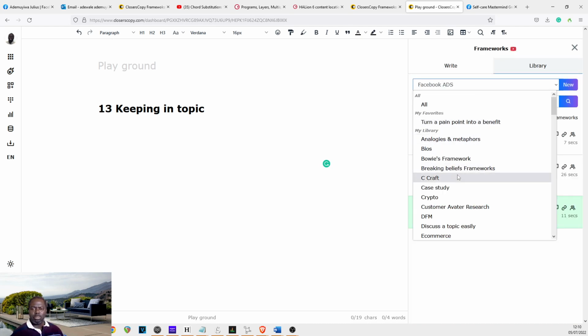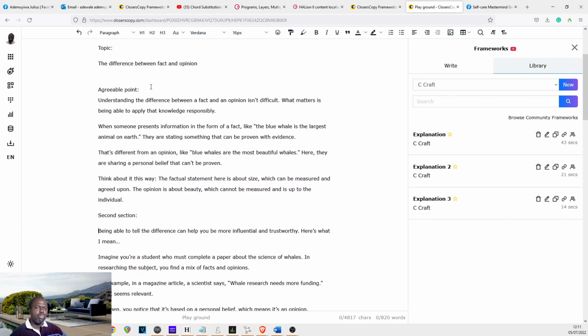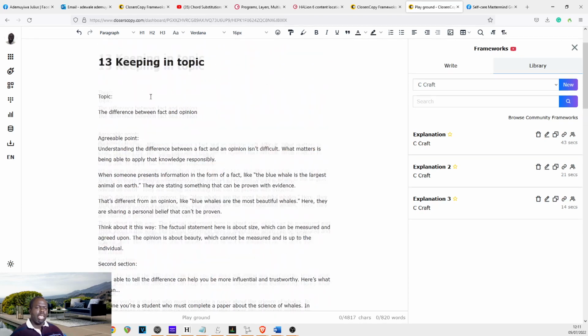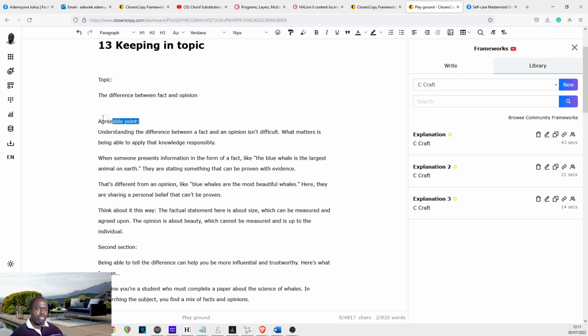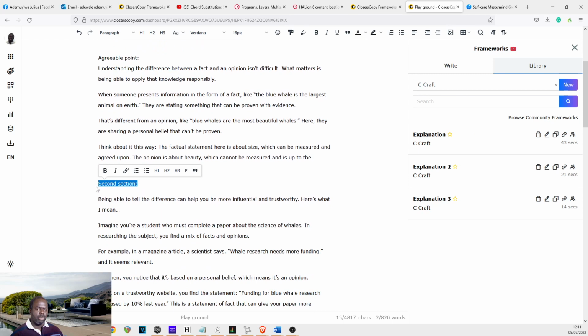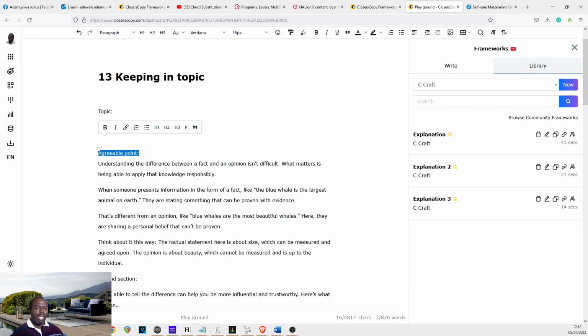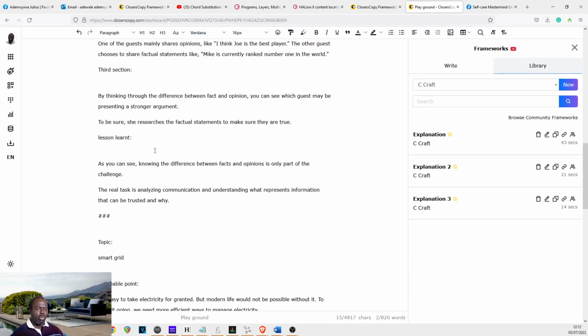My C-Craft explanation frameworks are very good examples for this one. So I wanted to be able to give an explanation of a topic from beginning to end without having to engage with the AI too much. Sometimes I still have to engage with it, but most of the time I'm able to get good content straight off the bat. But to do this, I had to create points. So for example, I put in these labels here. So agreeable points, another label section, second section, and then third section, and then lesson learned. I had to use these. It's important to use these and to make sure I keep to the exact same ones